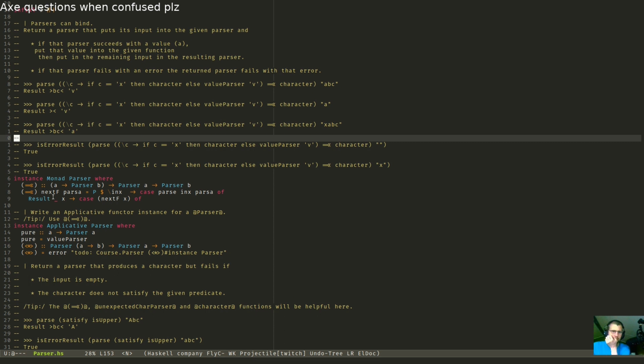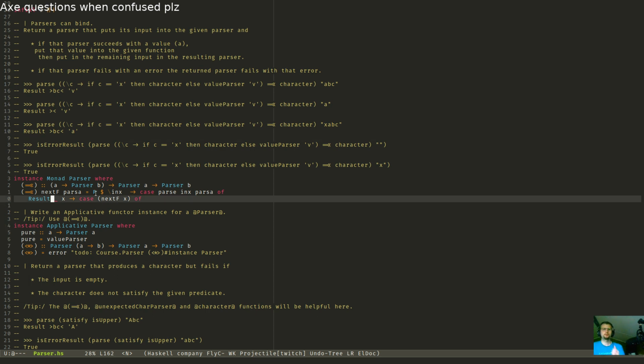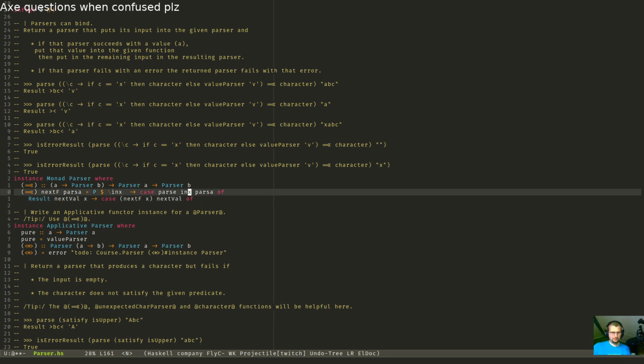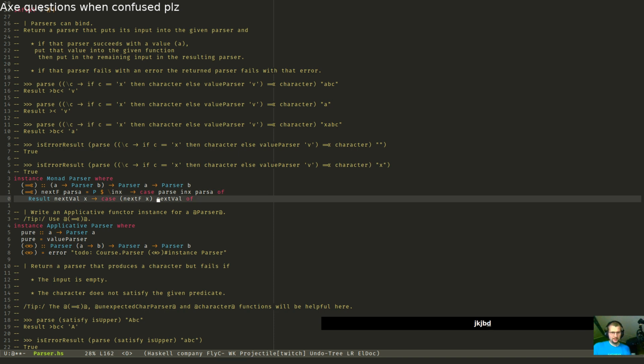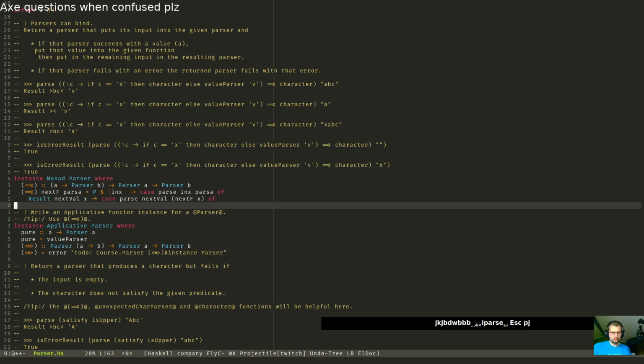Right, so we need to have this result too then. That will be the next value. Is this why it space leaks? Names, man. Next val. How about that? That's a good name. Alright, so we get the next. And we have to do it twice because we need to get rid of the structure.